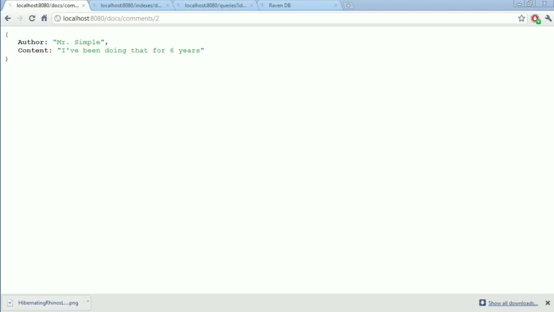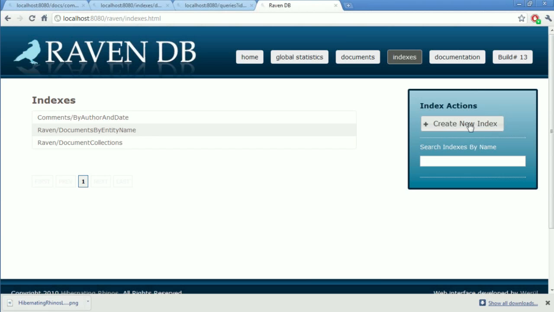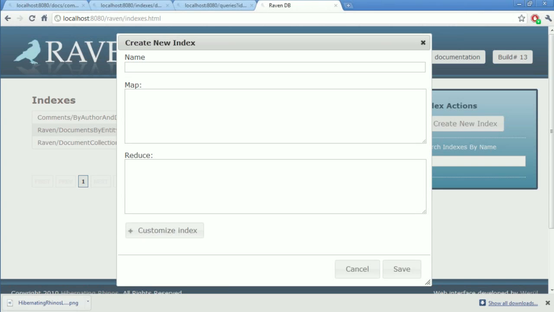Let's see. You may have already answered this, but how appropriate is RavenDB for compiling statistical data? For example, number of posts with a thumbs up rating for a given author. Very, very good. You can do something like that very easily by defining a MapReduce index. A MapReduce index sounds very scary, but it is quite simple. A MapReduce index is basically just two very simple LINQ queries.